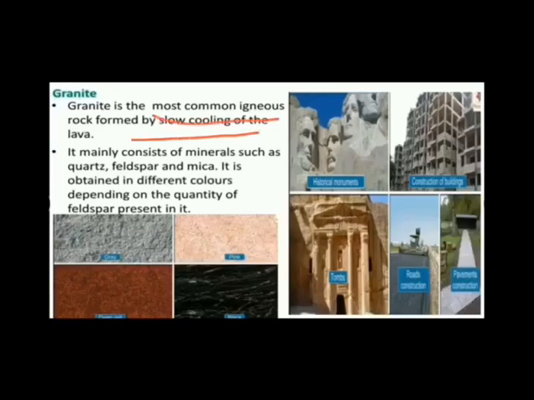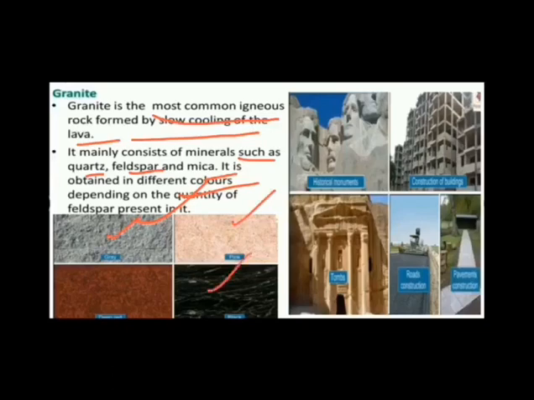How are these granite rocks formed? They are formed by the slow cooling of lava on the earth's surface, and it mainly consists of the minerals such as quartz, feldspar and mica. It is obtained in different colors also depending on the quantity of feldspar present in it. So its color depends upon the quantity of feldspar. For example, granite can be gray in color, it may be pink, it may be black also,